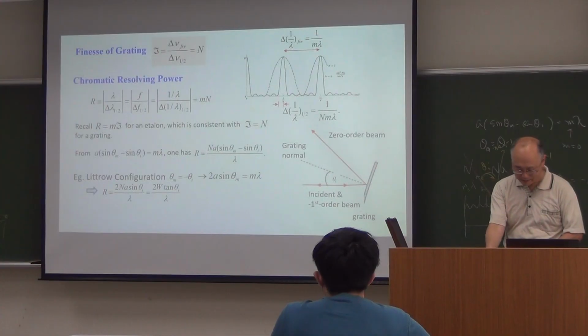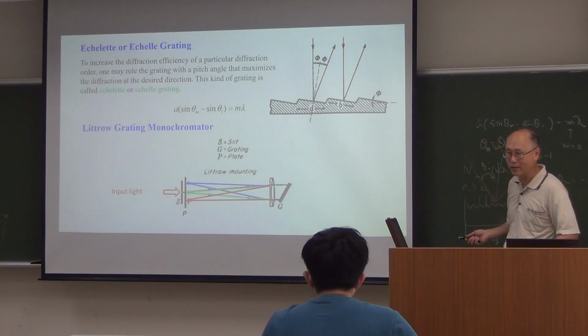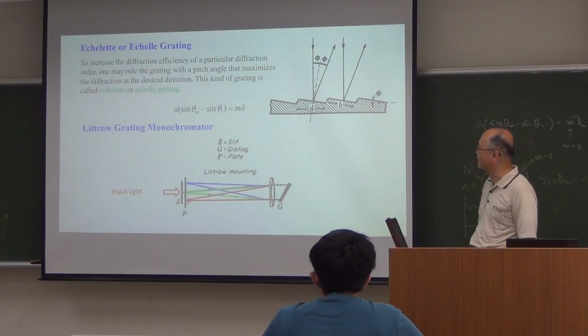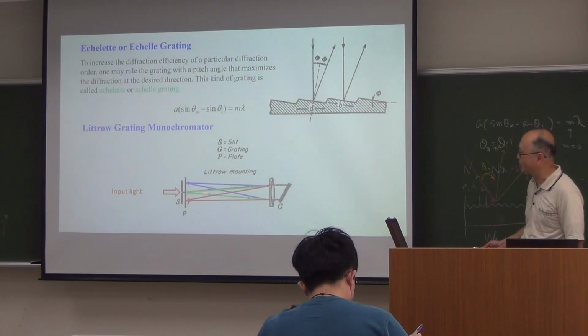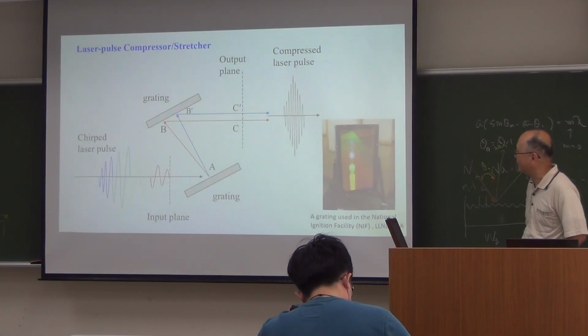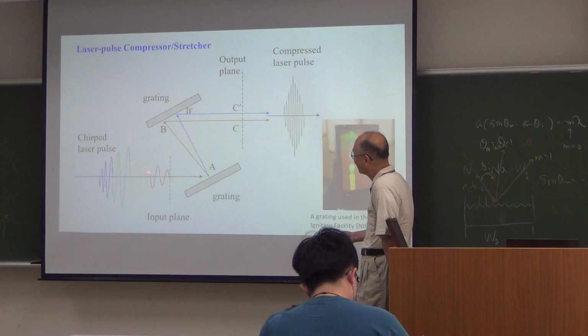All right, so this Littrow grating setup is very easy to construct. I used to set this up for undergrad students to do experiments during my tenure at this university. So it's very easy to construct. And then, in fact, if you look into the grating diffraction for different colors of light coming in, you start to have some optical path difference between different colors of light. Suppose you have a white light coming in, then